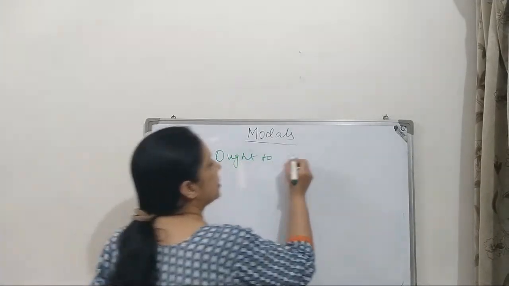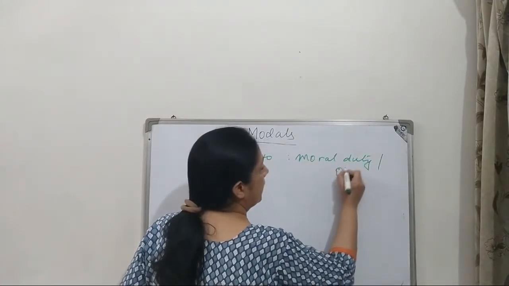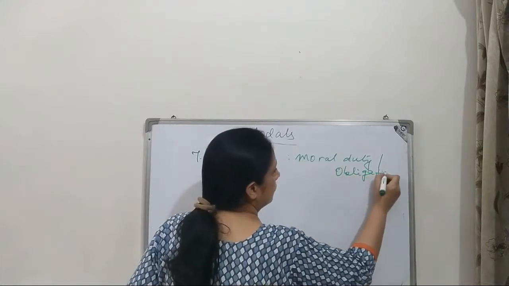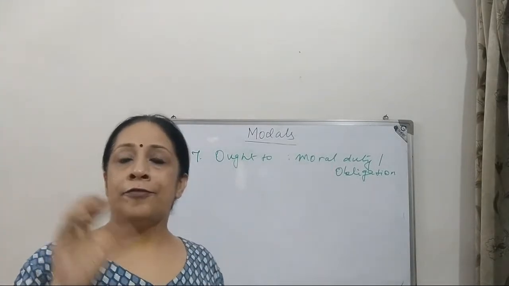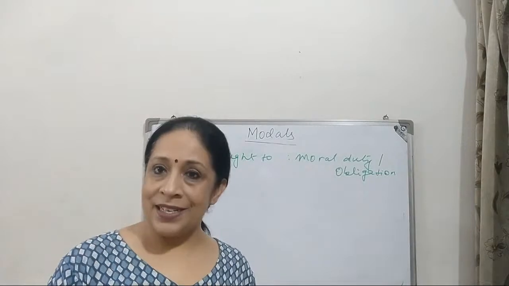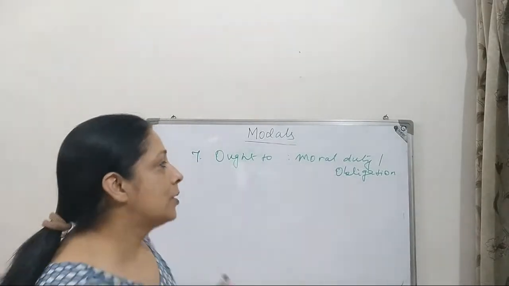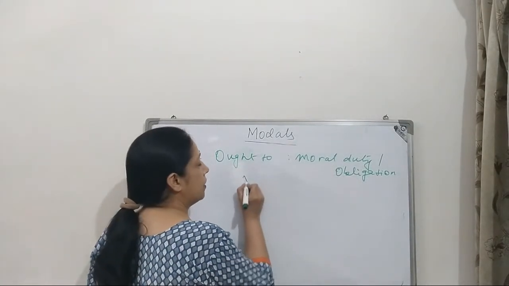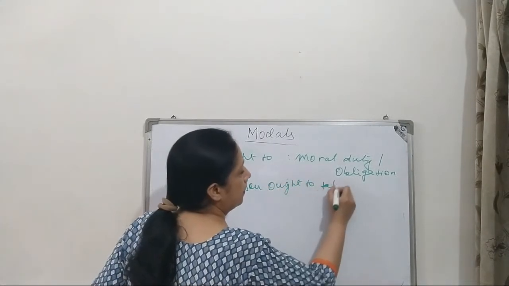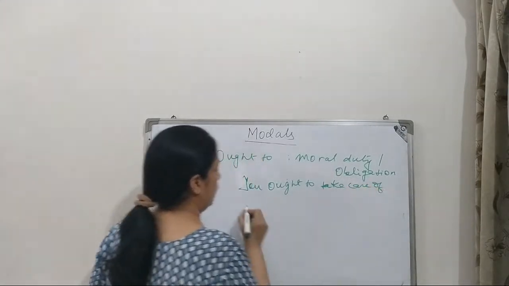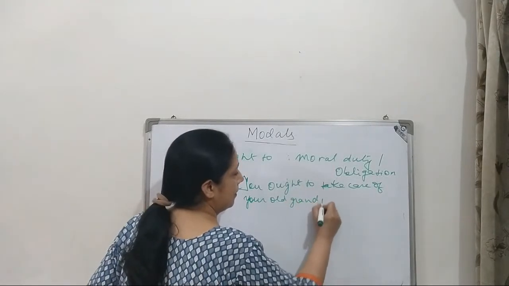O-U-G-H-T, ought to. So this is moral duty or obligation. Alright? Yes, that is, you have to do what is correct, what is right, morally right. Moral duty, moral values show here. So if the sentence is, you ought to take care of your old grandparents,